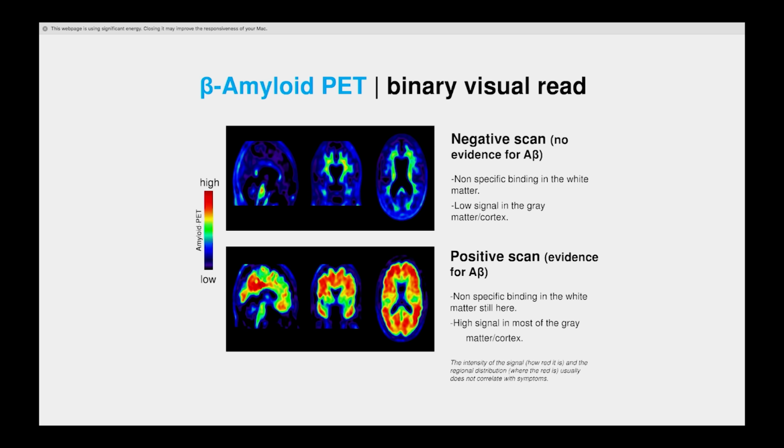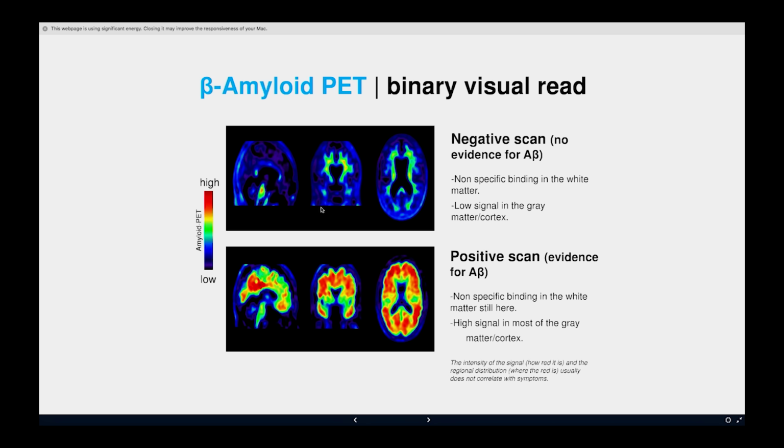All right. So when we use an amyloid tracer, here's what happens. It goes to the brain. If there is amyloid, it will latch on to the amyloid, and then we're able to detect that. On the top part here, you see an amyloid PET scan of a patient that doesn't have Alzheimer's disease. If you look at the colors, anything that's dark or blue means that nothing was taken up. So there's a really low uptake of the tracer, okay? And then the more you go into the colors of yellow, orange, and red, then there's really high uptake. So this is a patient that does not have Alzheimer's disease.